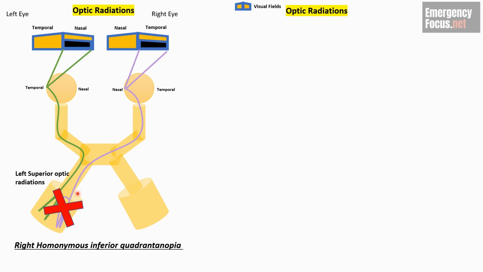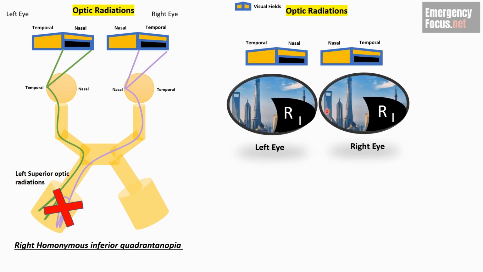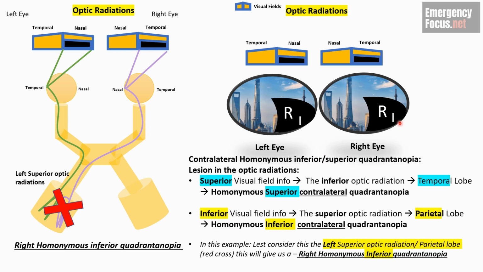Consider that we have a damage on the left superior optic radiations, left superior. Okay, so what do we have here? Now this patient is presenting a right side blindness of only a quarter and on the inferior part of the visual field on both eyes. So what's happening here? Well, the same thing, but we just need to understand that the inferior visual field information,